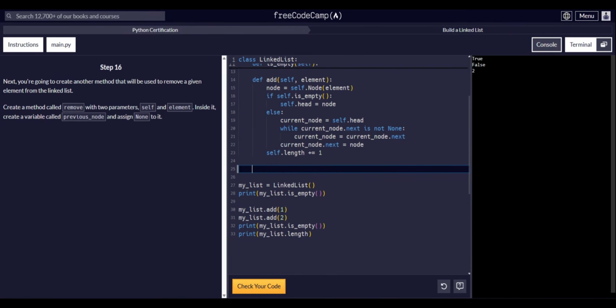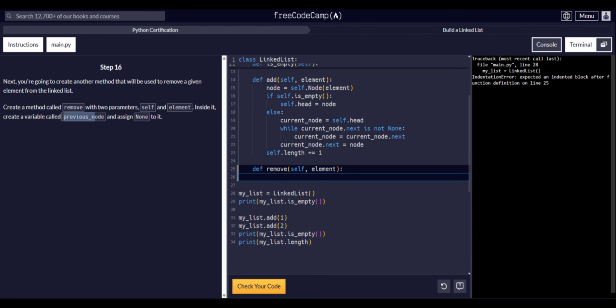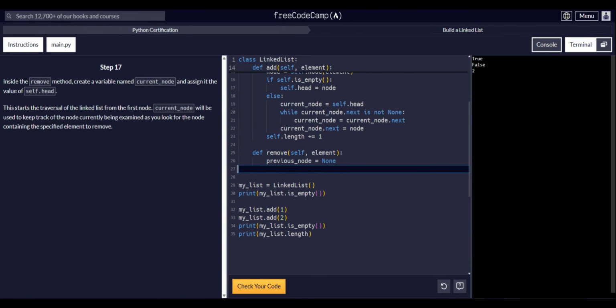Step 16, start to create a remove method. Pass self and element as parameters. Inside the body of the method, create a previous_node variable and assign None to it. Step 17, we need to figure out which element to remove, so create a current_node variable and assign it to